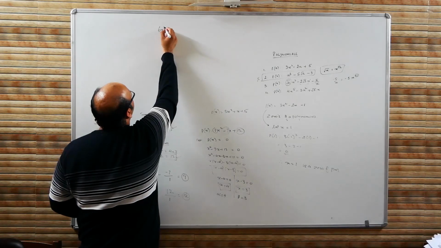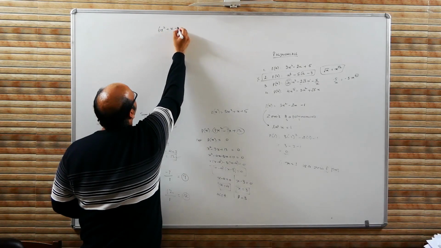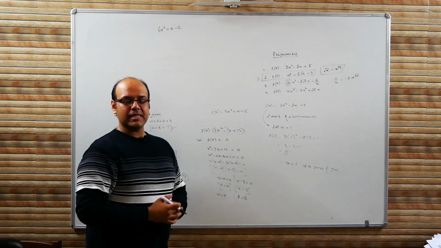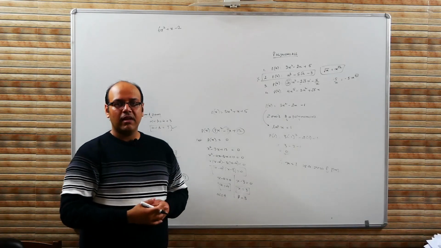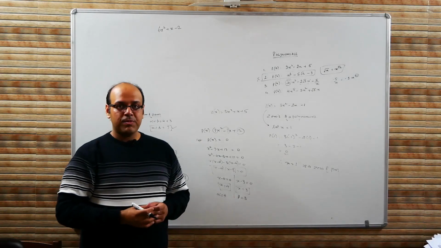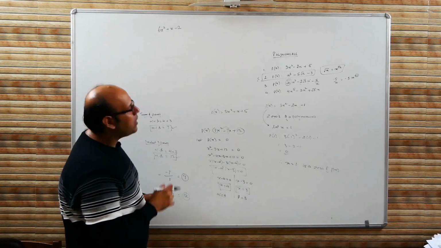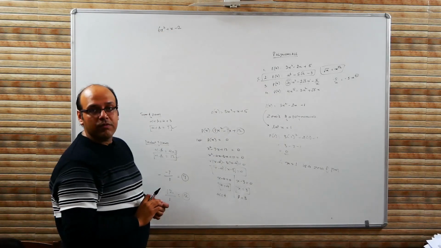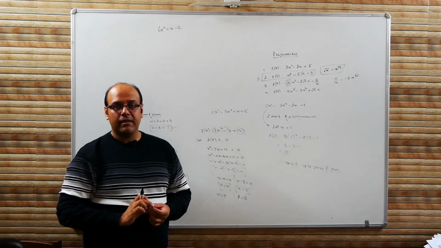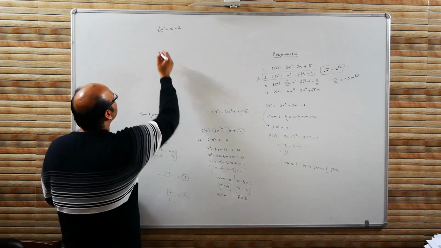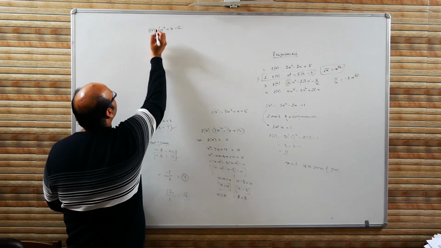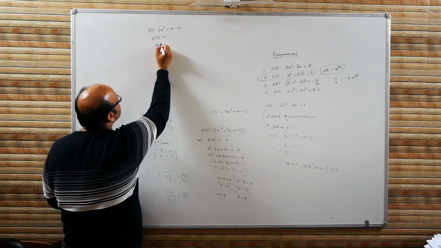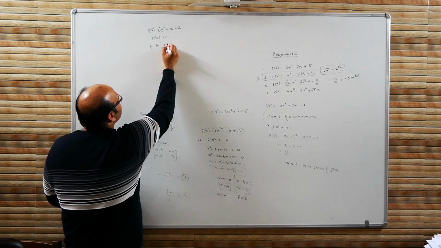So 6x square plus x minus 2. This is another polynomial that I have, and what I'm trying to do now is find its zeros and try to find the relation between the zeros and the coefficients. Okay, so I understand looking at the term that I need to factorize this and split the middle term. So the first step is equating the polynomial to 0, which gives me 6x square plus x minus 2 equals